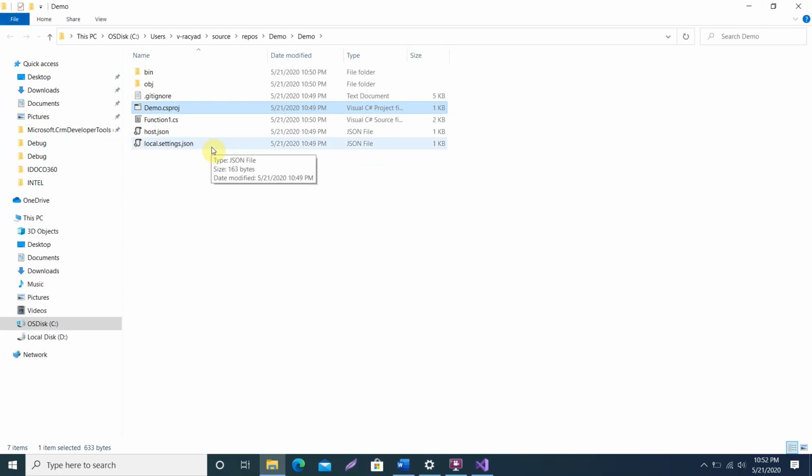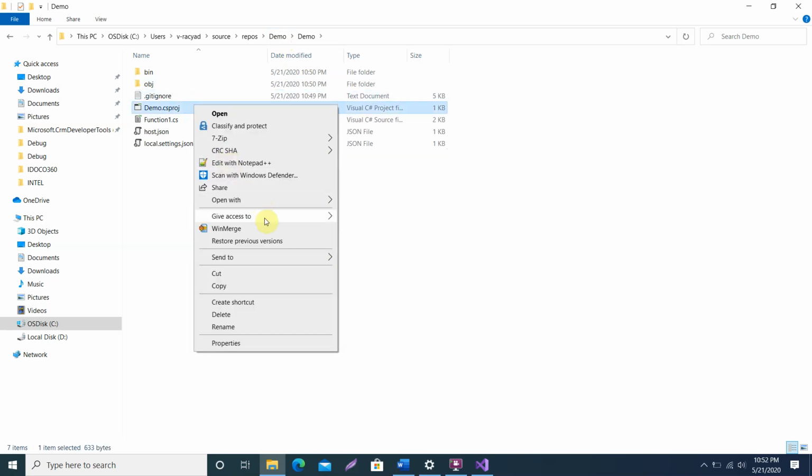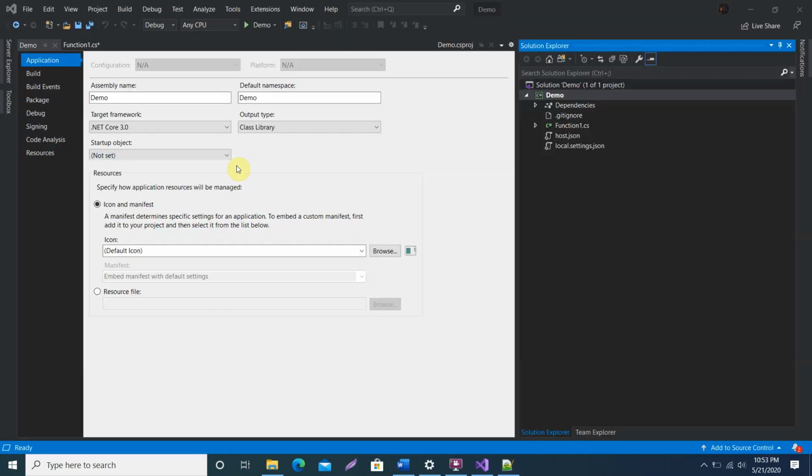If you want to check which version you are using for your function, you can go to your class, open the csproj file, and if you edit this file, you will get the version of the function which you are using.